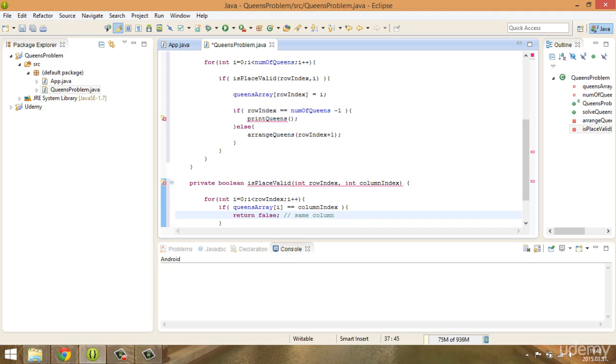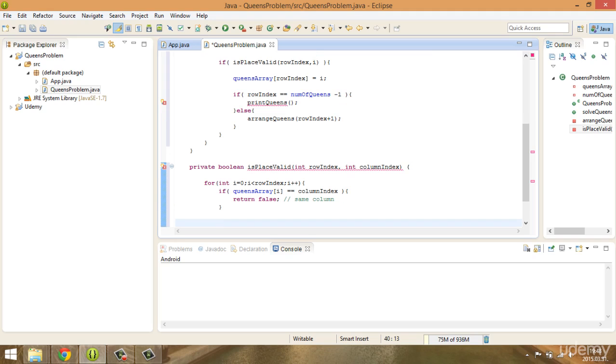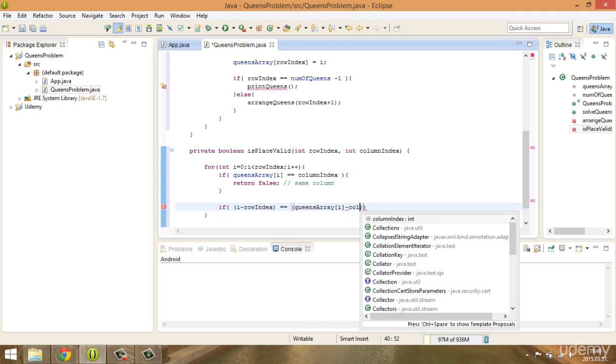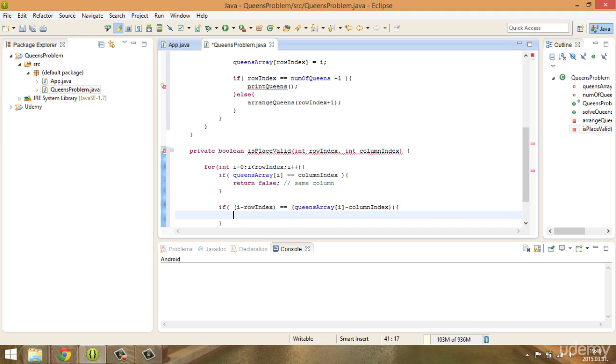So they are aligned, they can attack each other, and we cannot place 2 queens that can attack each other, because the base problem is how to arrange n queens so that they cannot attack each other. So we have to check this, and of course we have to check whether the I minus the row index is equal to the queen's array that I minus the column index. And in this situation we have to return false, because it means that